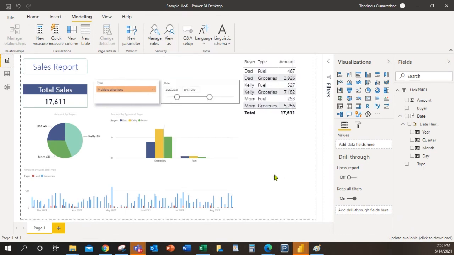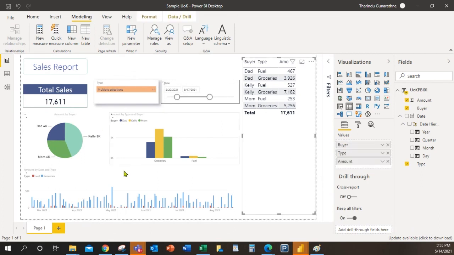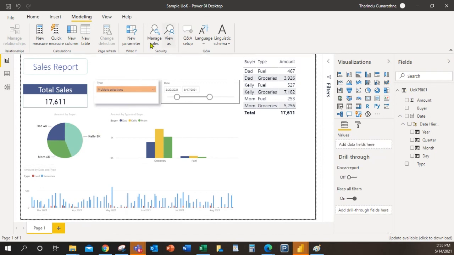So likewise, when it comes to our example, let's say if Kelly logs into the dashboard, then we can filter the whole data set into Kelly. Then Kelly can't see other data. So that we call the row level security. So we will check all those stuff in the next day, in the second day.